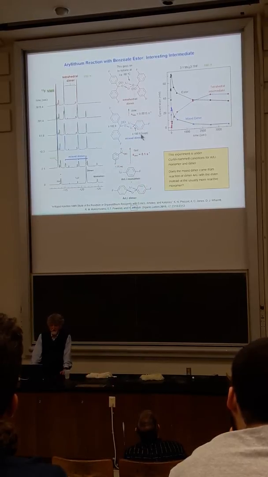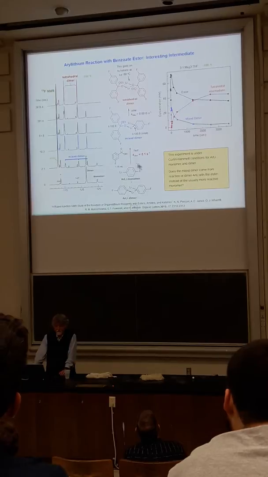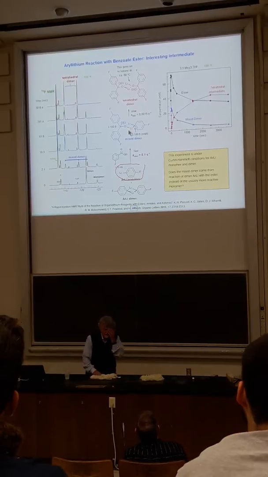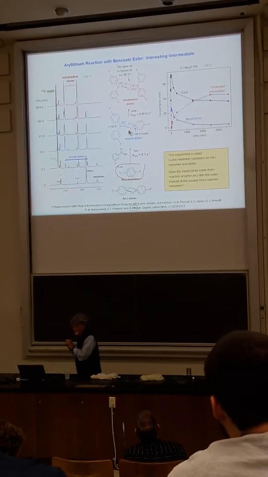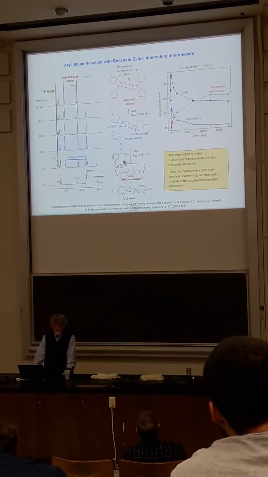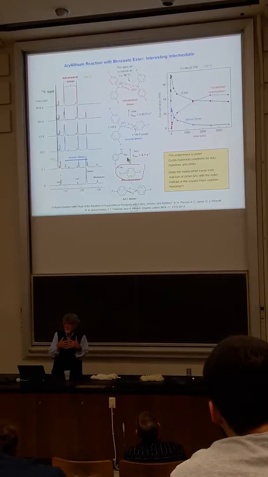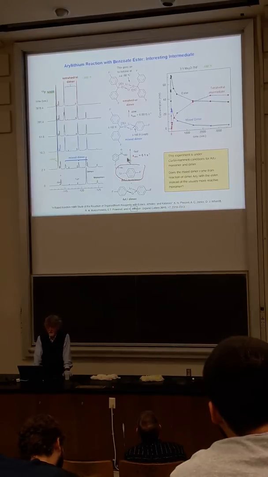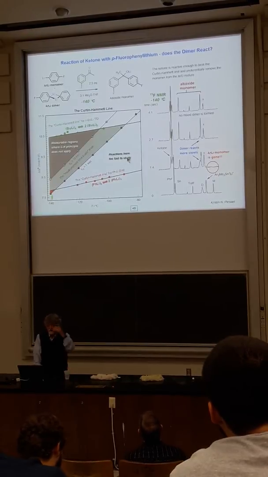So this is interesting, because if the monomer was doing the chemistry, you might expect that what you would see is the monomer of the tetrahedral intermediate, not the dimer. And so this is another thing that we put a lot of effort into trying to understand. We eventually decided that the monomer was being formed, but it was grabbing the phenyllithium very quickly, forming this dimer, because the monomeric alkoxide is really, really unhappy and is looking for other ways to stabilize itself. So that's the story with the